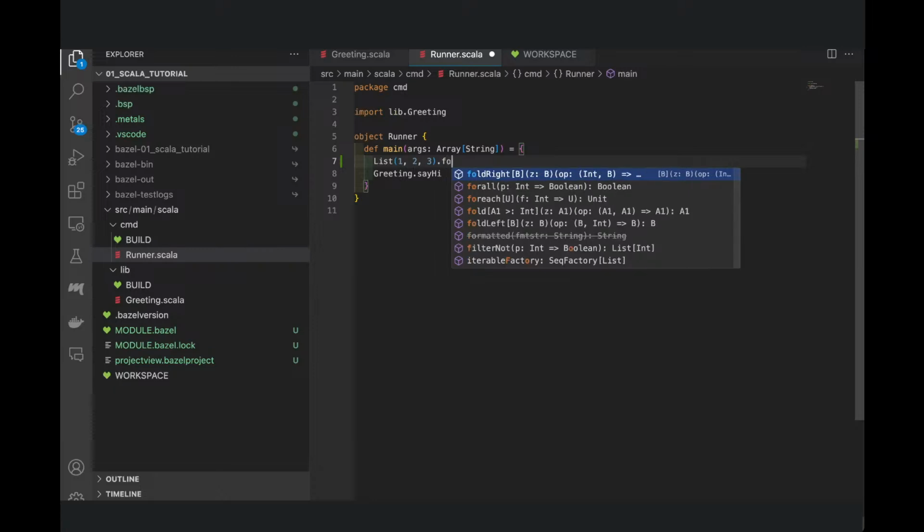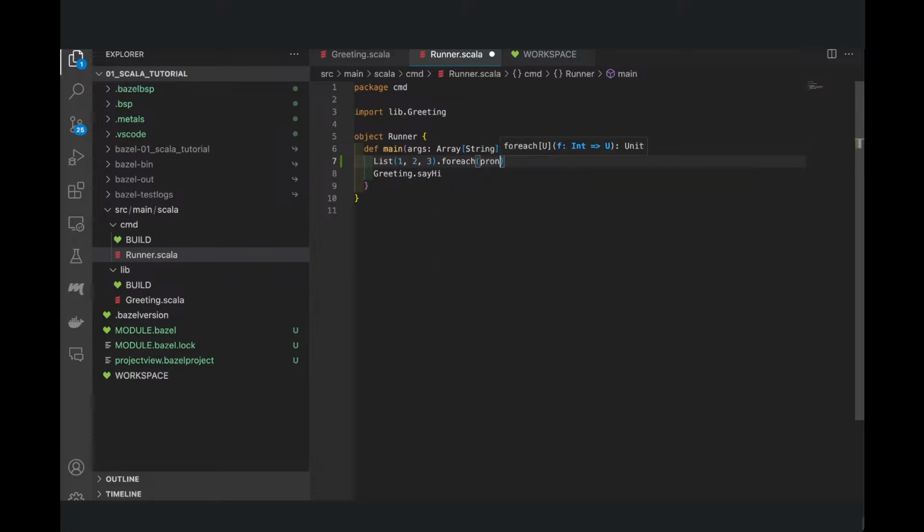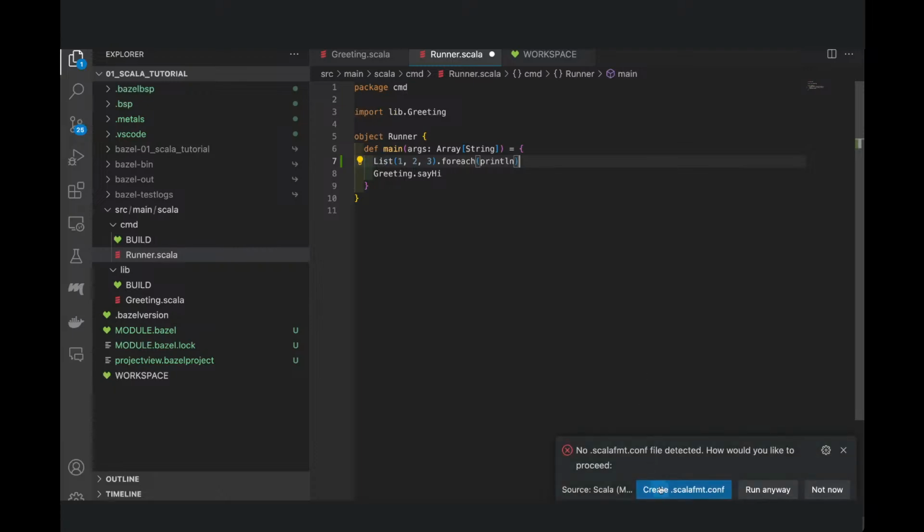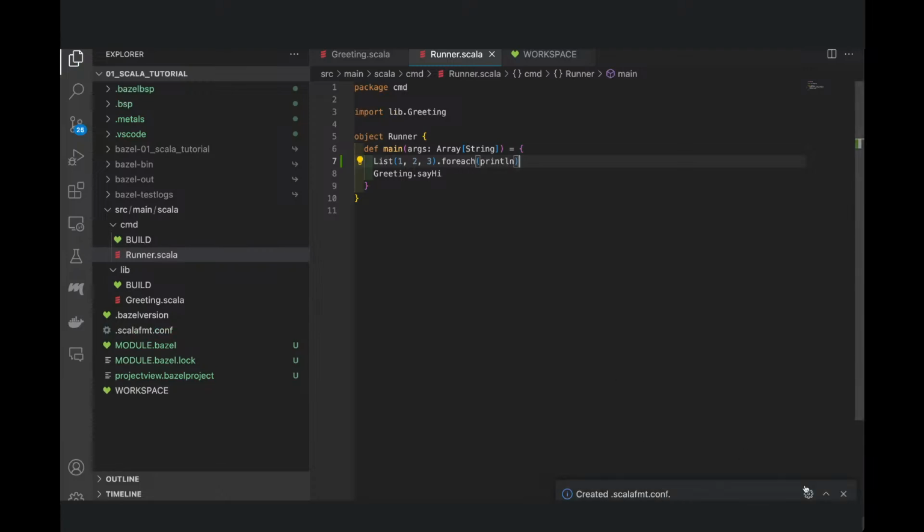I can say foreach println. Now, for some reason, I can't see the run button here. So that's a bit, there's no Scala FMT, cool, just created. So that's a bit disappointing. I would like to run this class, but it doesn't seem I can.